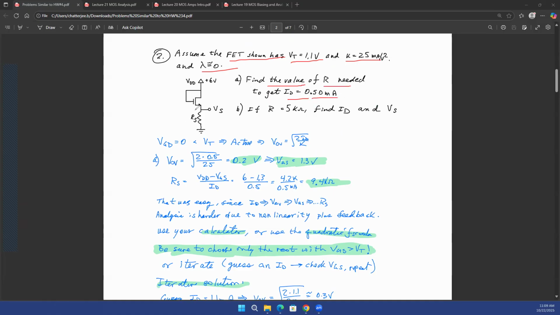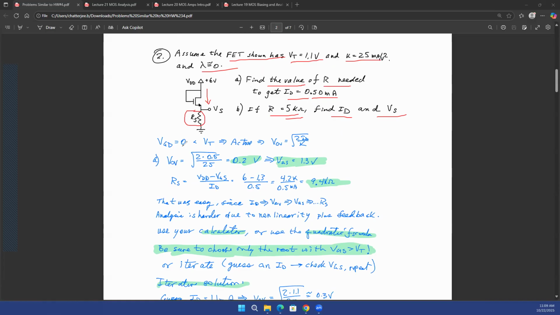You want to find out the value of this R, the resistance RS, for which the current is equal to 0.5 milliampere. And the second part of the question is, if that resistance is equal to 5 kilo ohms, you want to find out ID and Vs. Okay, so to solve the first part, again,